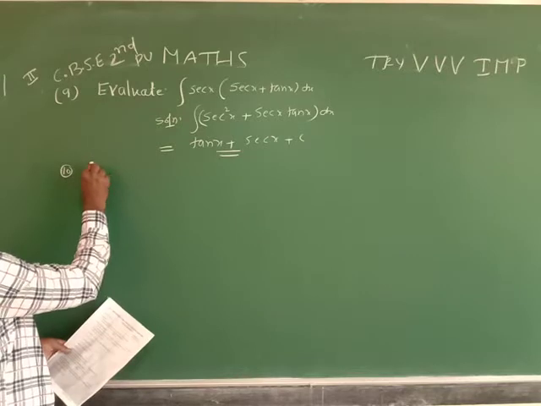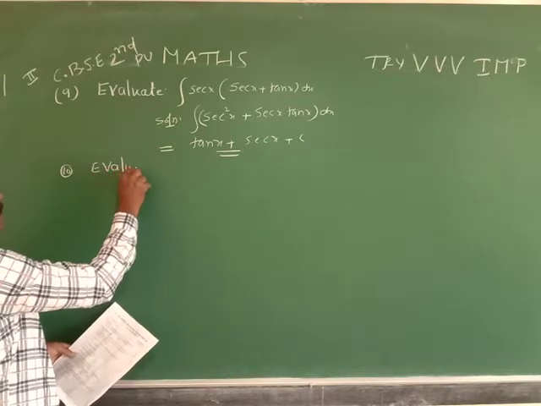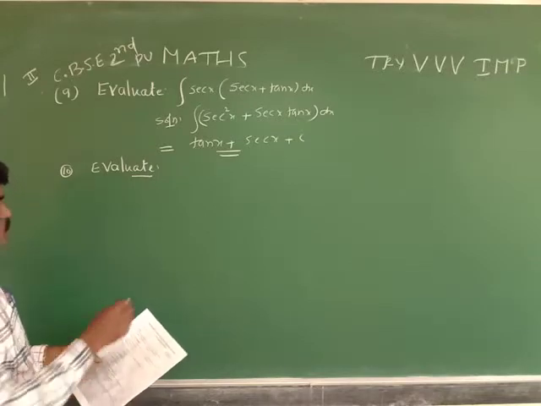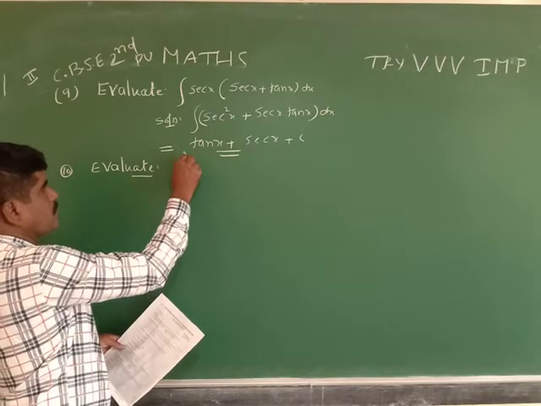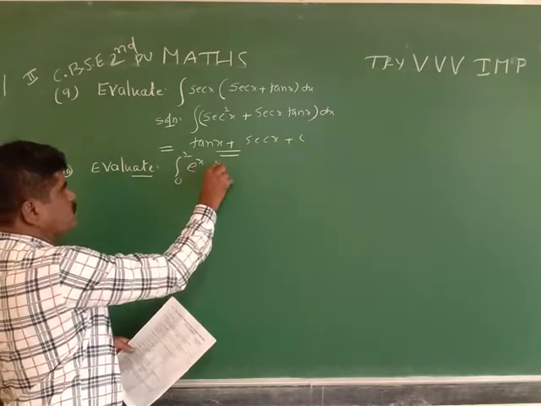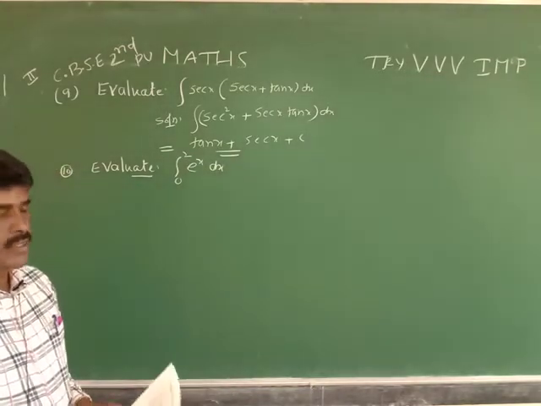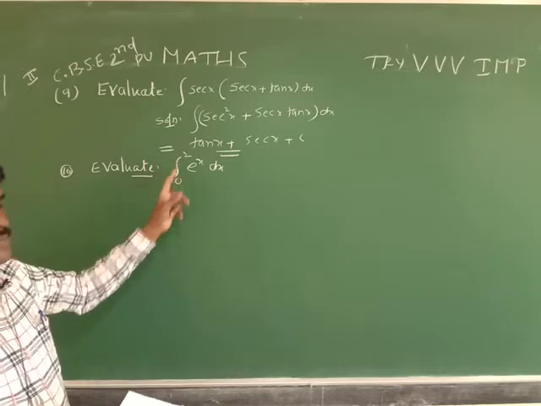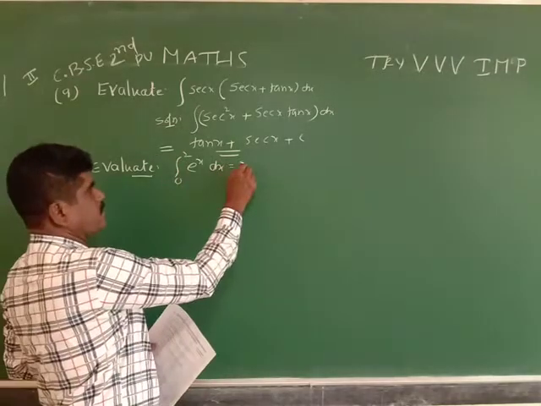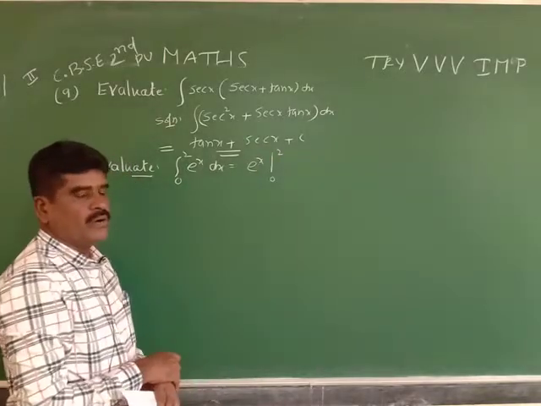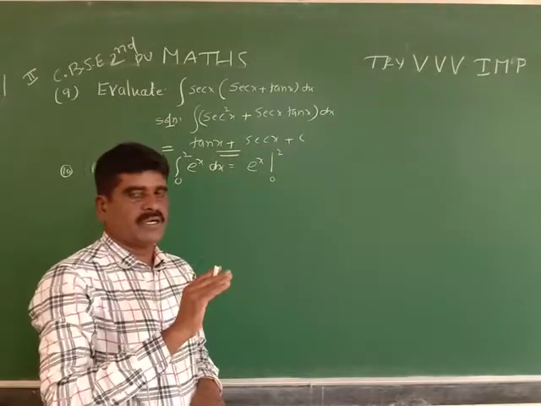Evaluate the integral from 0 to 2 of e to the power of x dx. This is a definite integral problem. Lower limit 0, upper limit is 2. What is the integration of e power x? E power x from 0 to 2. How to apply the limit? First, after integration,